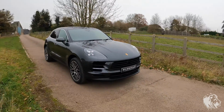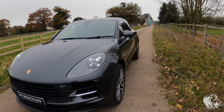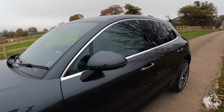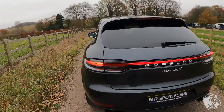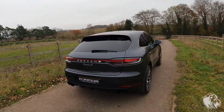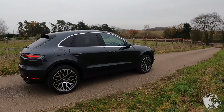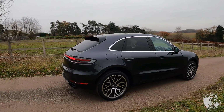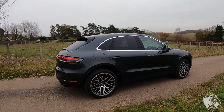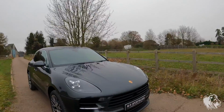In this video I've got this absolutely stunning Porsche Macan S. It's finished in Volcano Grey Metallic, which is an absolutely beautiful colour for the Macan range. It's a car that was registered 31st of October 2019, which makes it a 2020 model year car with no previous owners, so it's had one owner from new, always serviced at Porsche, well, Porsche main dealers,